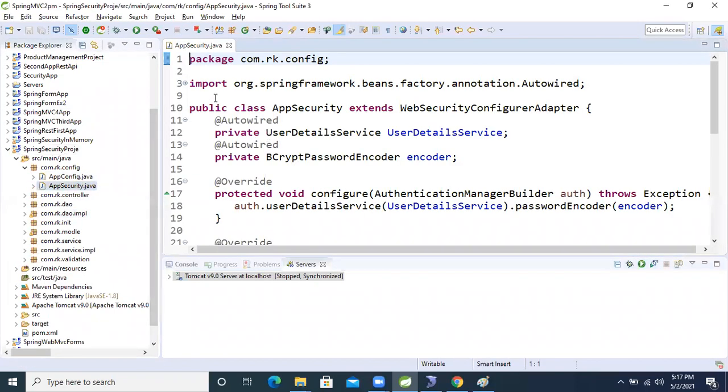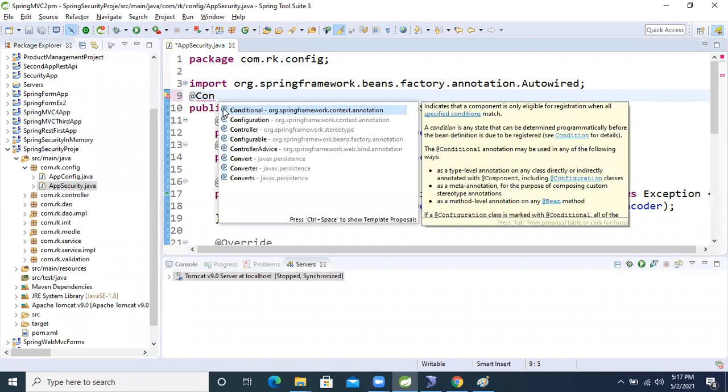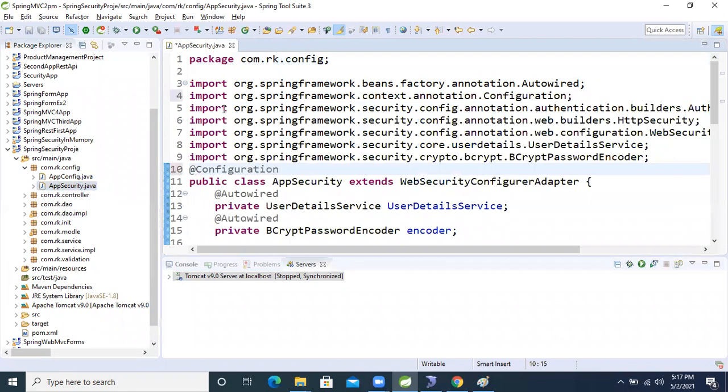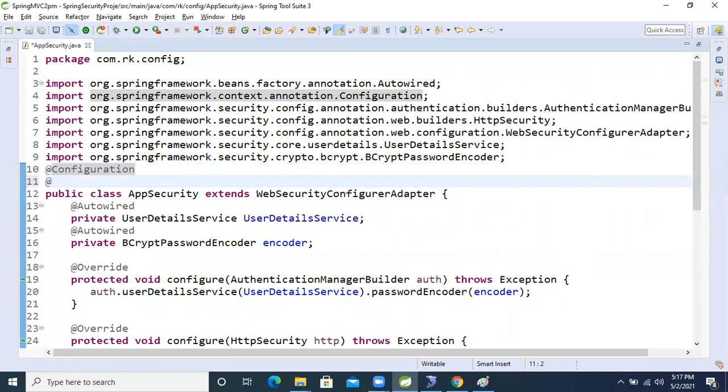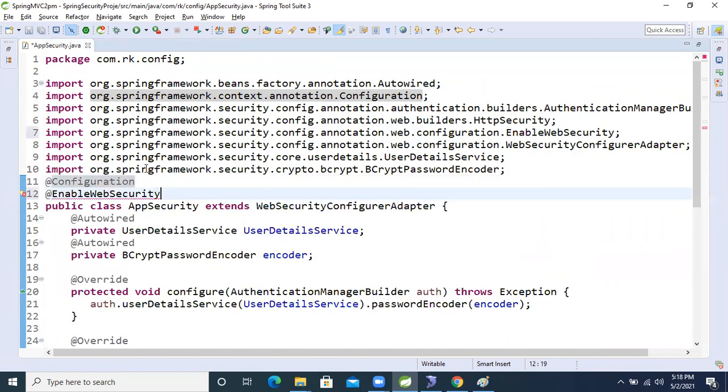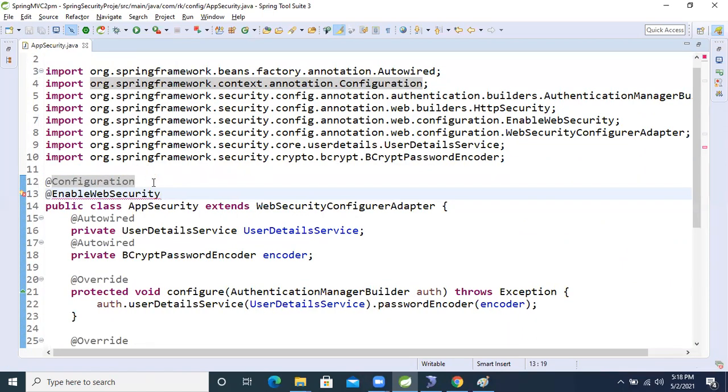App security, yes. Thank you. At the rate Configuration, guys. We need to apply the configuration, I forgot this one. And one more, at the rate Enable Web Security. These two annotations we need here.